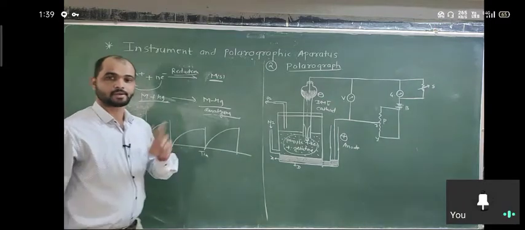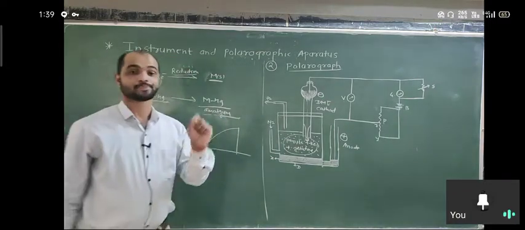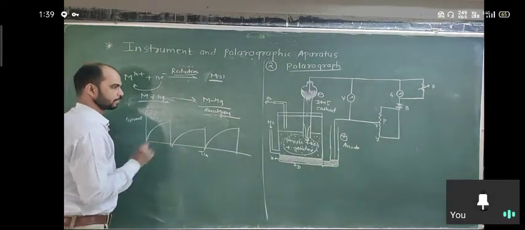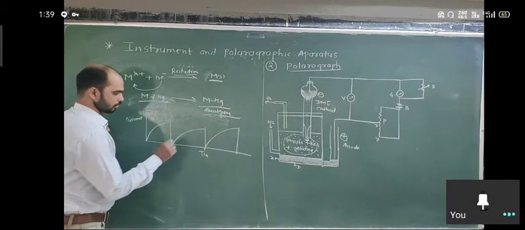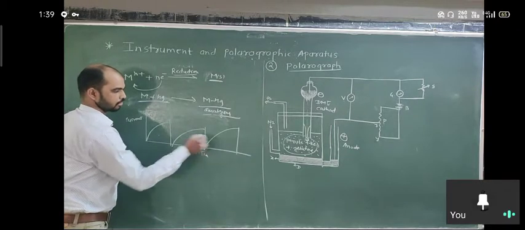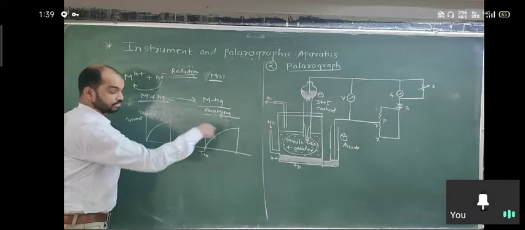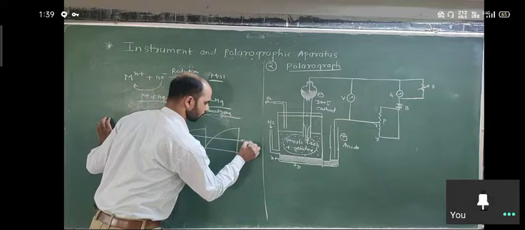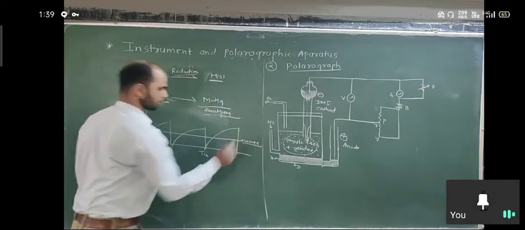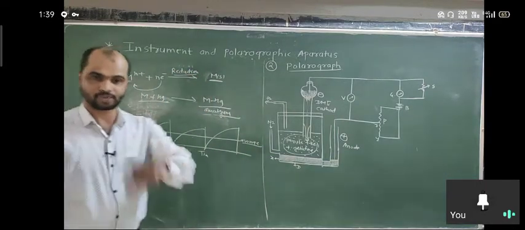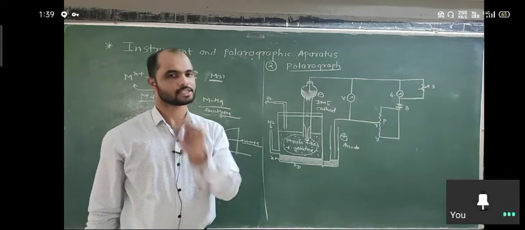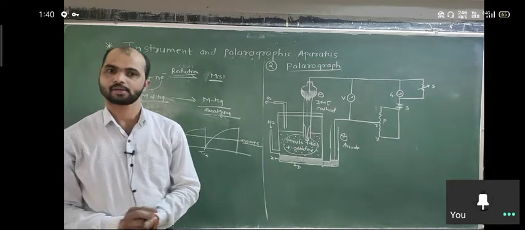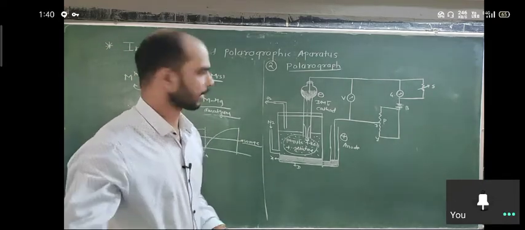Which is plotted between voltage and current. Voltage and current we plot, and then we measure the parameters. So this is a polarograph. There is a deflection of currents, so here we measure the average value. Always use the average value of the whole solution as the current which flows through the sample. We consider average values. And the last part of the